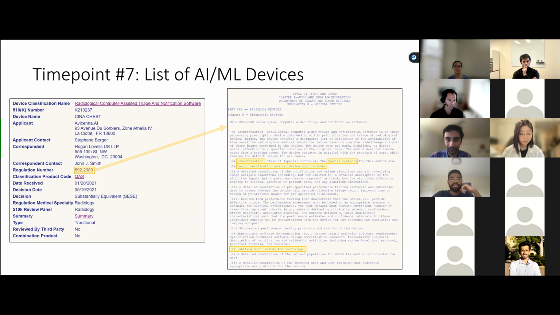Class 2 is important because with class 1, low risk, you just have to follow general controls. But with class 2, you have to follow what they call special controls, and they're unique for each device. So for this, we know our particular device does radiology computer-aided triage and notification. And if you want to know what the special controls are, boom, you get to see all of them here. So if you're building one of these products and you want to know, hey, what does FDA care about? What are they going to make sure that I have in place? This is an easy way to try and find out what those controls are and what you're going to have